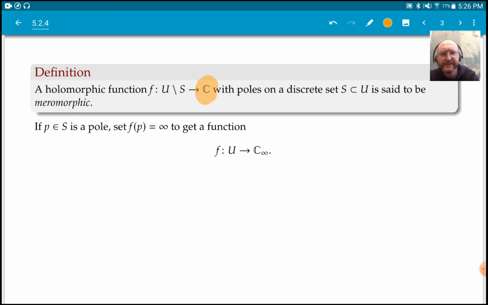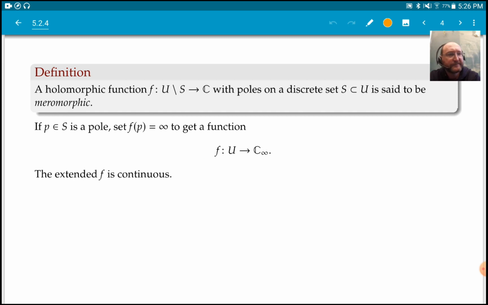the function to just be equal to infinity whenever we're on a pole, right? So it's just the function, whatever it is, on U minus S, and then on S it's just equal to infinity. Let's just call it f again. We could just think of a function that's defined from this domain U into C infinity, right? Now,